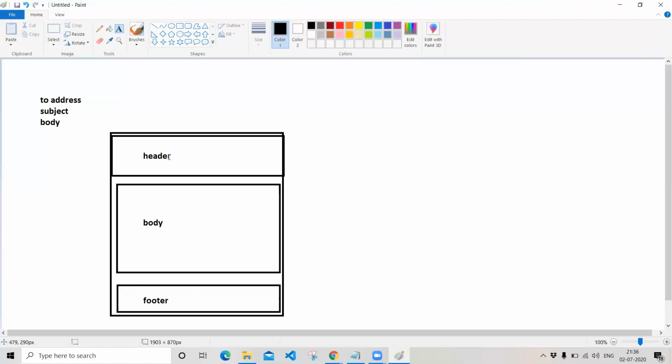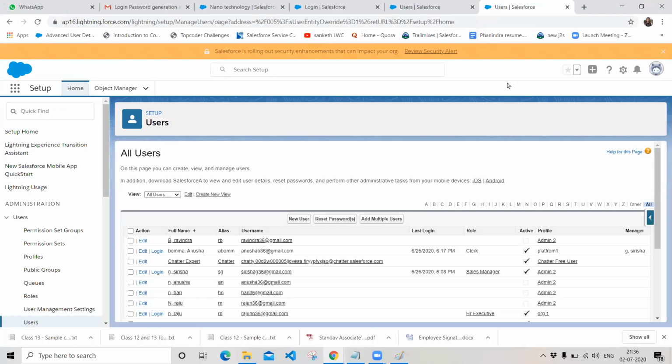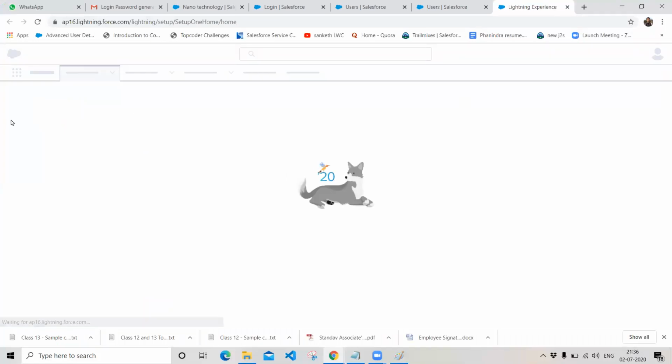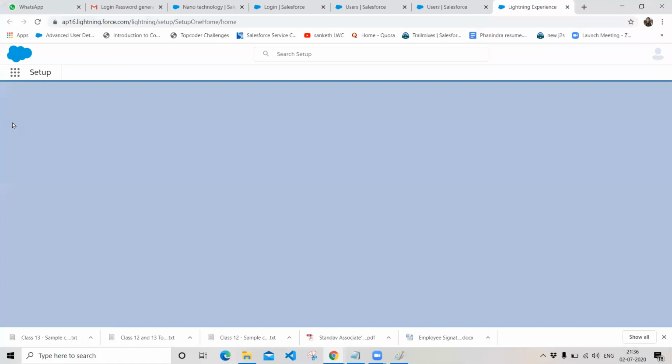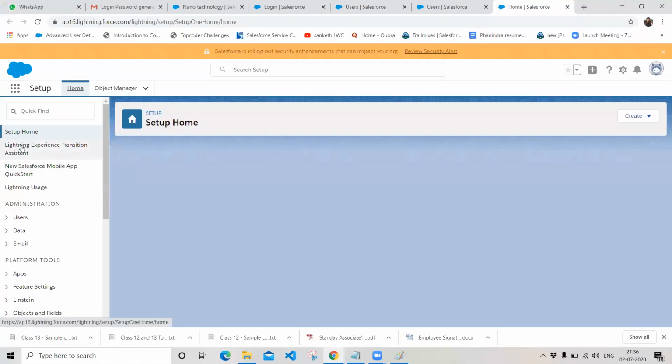You can define your color, your format, and your text style in the email template. So let's go and create an email in our organization. In order to create an email, click on setup, go to setup in your organization, and in the administration we have an option called email.